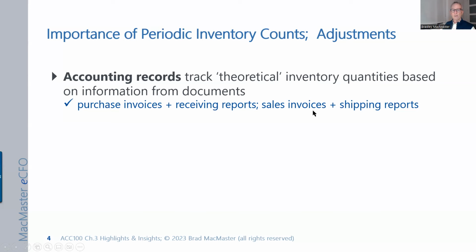And also our sales invoices, and our shipping reports. So the sales invoices is something that we send to customers, telling them what quantity they've ordered and what the price is and what the total value and the taxes are. A shipping report will be prepared by another staff member, which will say what quantity of goods they actually packed and put on a truck. So that documentary information is what we use to supply the accounting records with. And that will allow us to track the inventory quantities